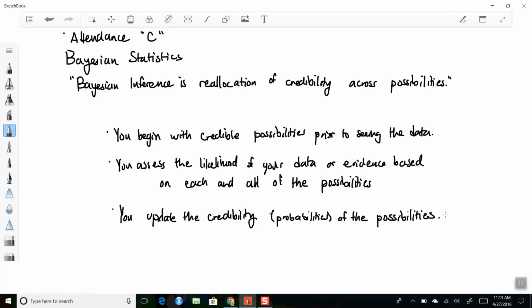So if you are a detective and you're trying to solve some kind of mystery, and maybe you've got four persons of interest, four people who could have done the crime, right now these are your four possibilities, and you look at the data, the evidence that you have, and based on the evidence you might be able to eliminate certain possibilities. For example, maybe at the scene of the crime there are some footprints left behind.